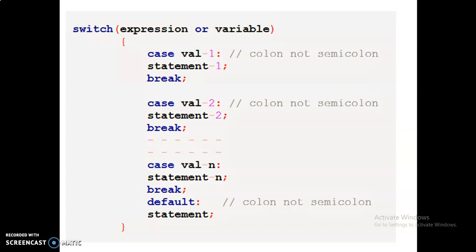If the break statement is not given in your program, all the cases are executed. So if you don't give this break statement, it will execute the other cases also. So you have to give the break statement.